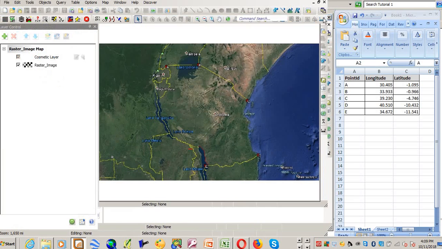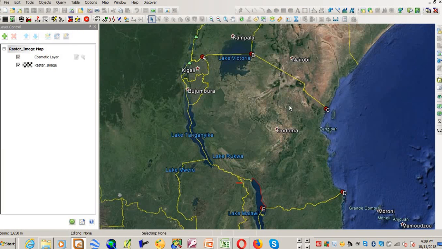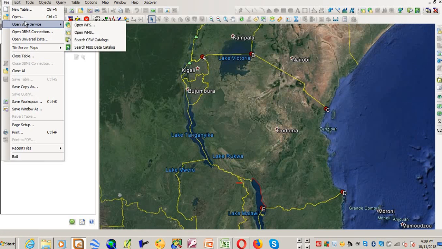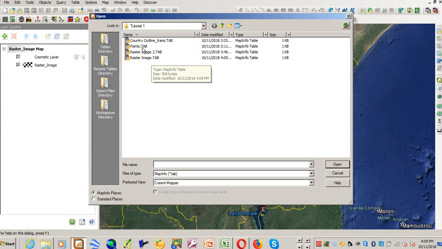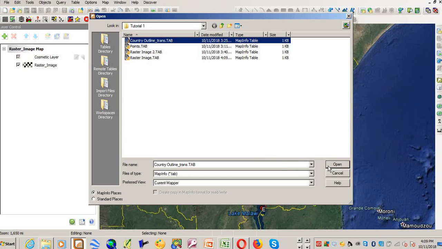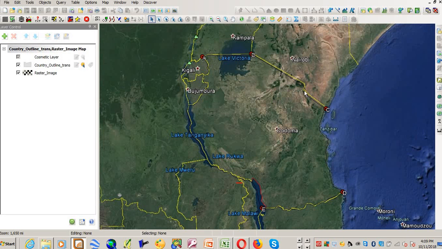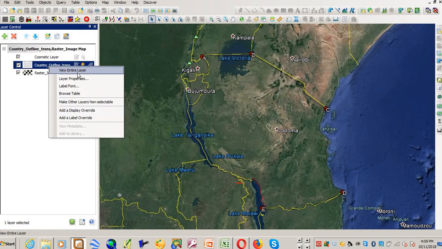and in order to prove if it is correctly georeferenced, you can bring a layer. For example, the layer of country outline that we already have in the folder, and see if it matches this boundary from the Google Earth image. I'll just go and say File, and then Open, and I'll say Country Outline, and put it in the current mapper. You see it matches Country Outline,